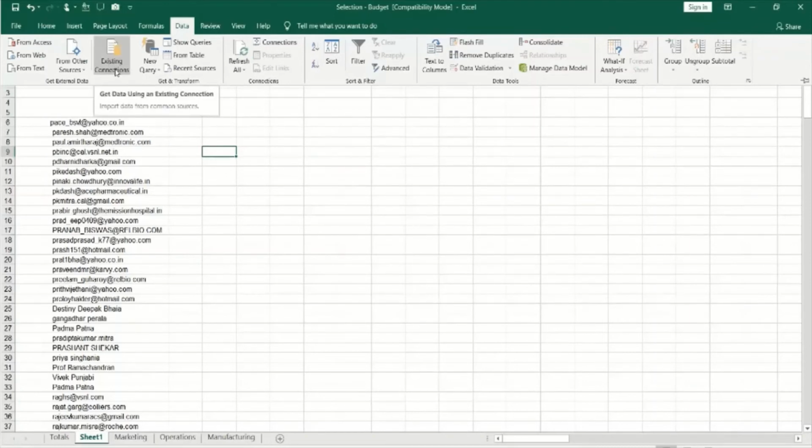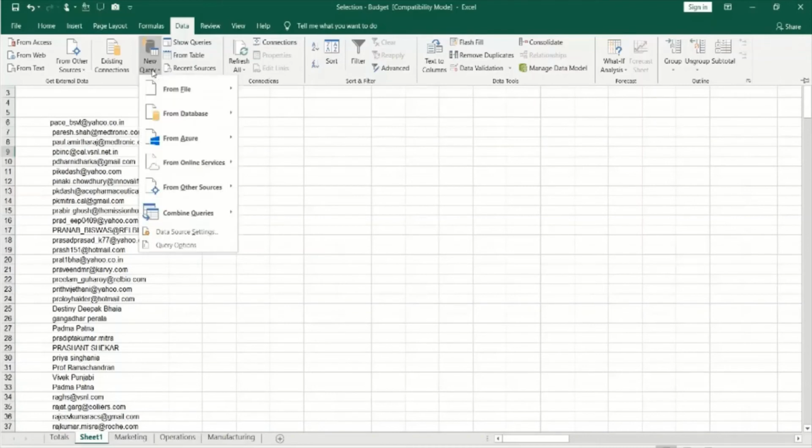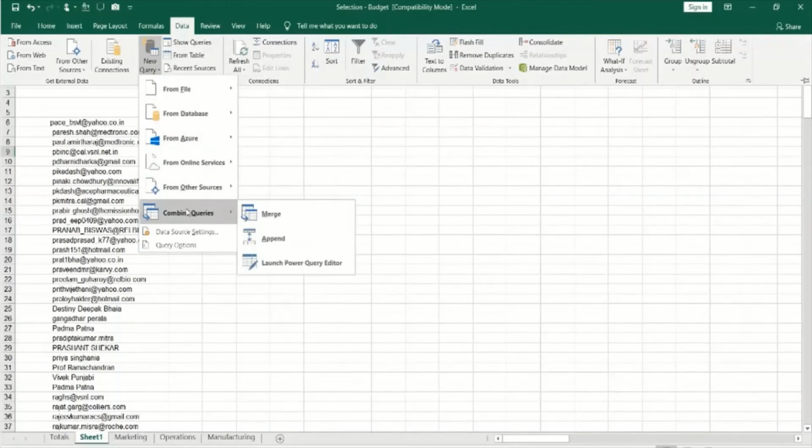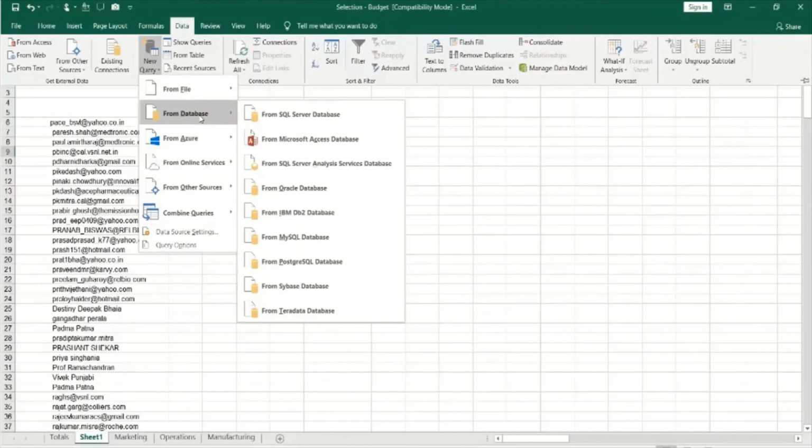Whether Oracle or SQL or whatever it is, click on existing connections and then you can import any kind of data, or it could be a SQL query too. You can click on a new query, and Excel will open these options. From file, it gives you a lot of options. You can import from any kind of database. It could be a SQL server, or if you've developed a cube and analysis services, you can do that.